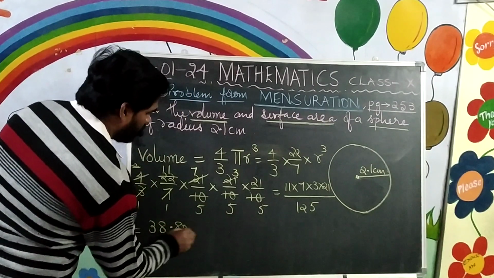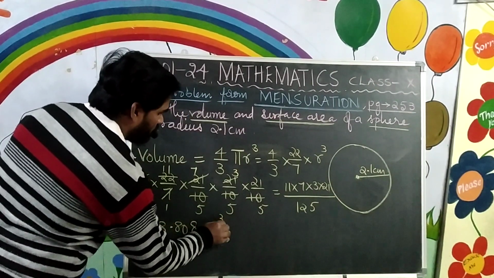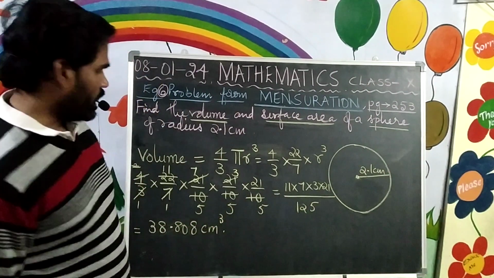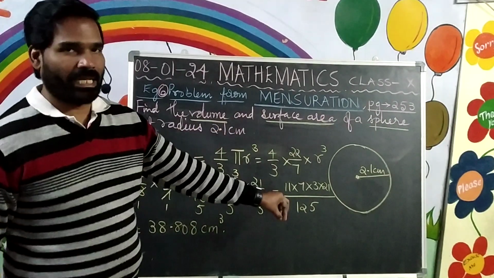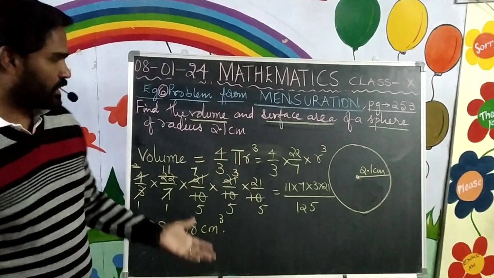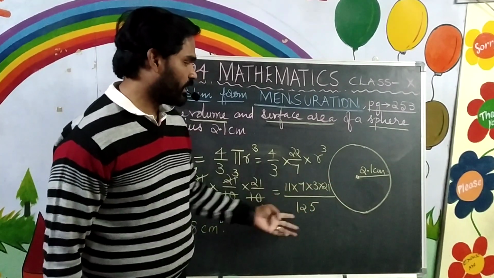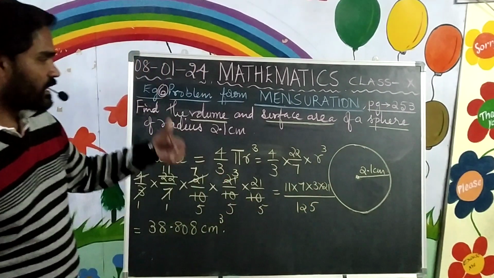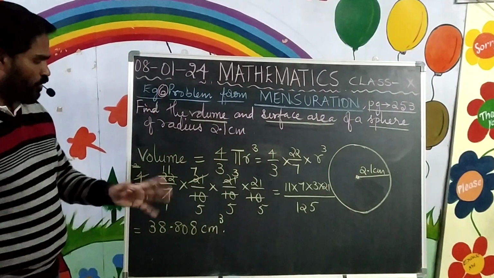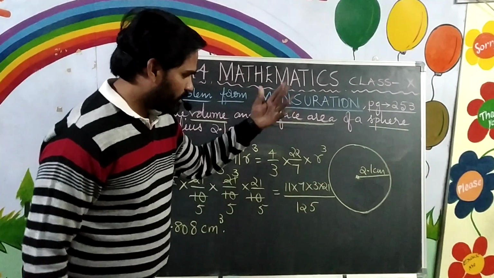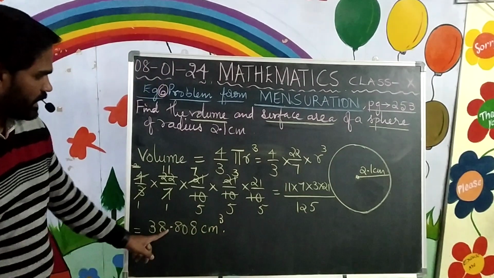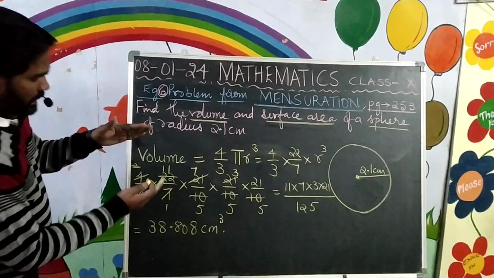38.808. Due to time constraint, I'm not moving deep into the cancellation, because even a fifth class child, even a fourth class child knows multiplications and divisions, can even multiply, can even divide. So I'm not wasting the time in such things. But overall you have to multiply all this, whatever you get, divide with 125, you'll get 38.808, and this